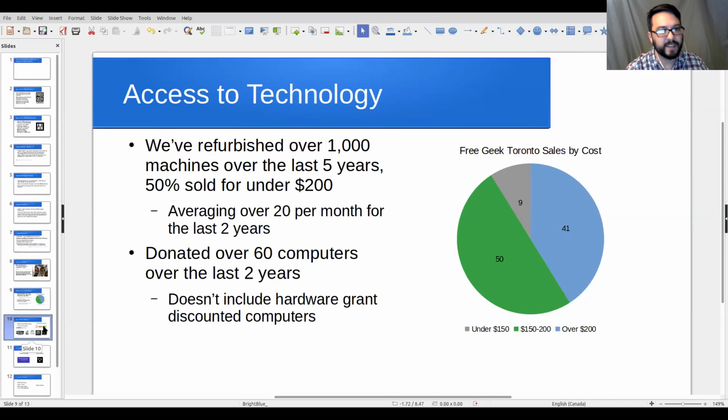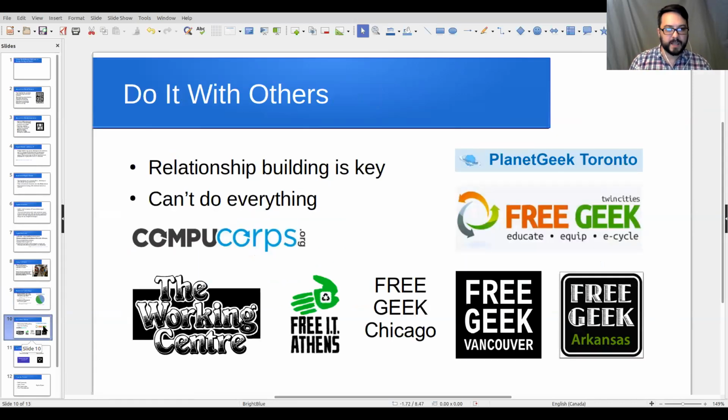And one of the ways we find this is by doing it with others. So you see here, these are either local organizations, other organizations within Ontario, other ones within the Free Geek universe, or one in Athens, Georgia. These are organizations that we've reached out to, and we've had conversations with and shared things with, and we really try to spur the idea that you can't do everything alone. If you share ideas and share what's working and what's not working, and then like a good open source project, branch it so that it fits your locale, that's the best way to go about doing things. And these ones are all charitable or not-for-profit refurbishers,